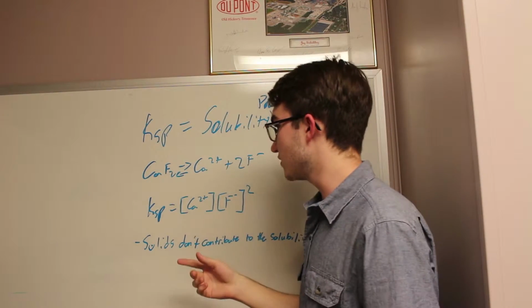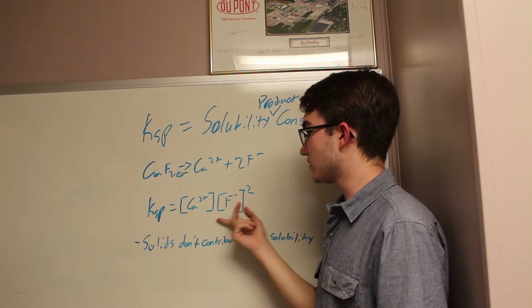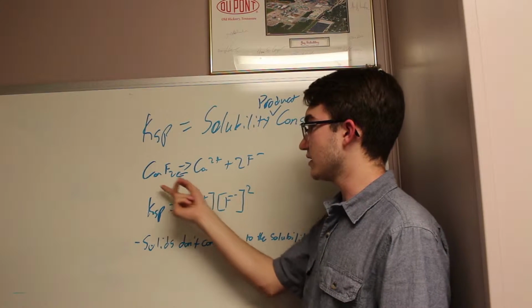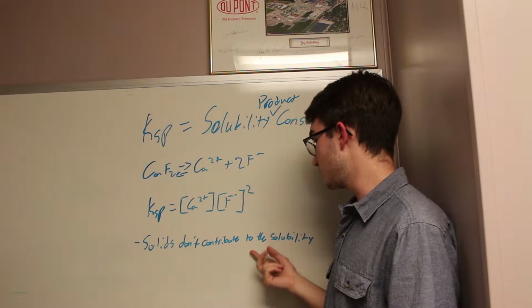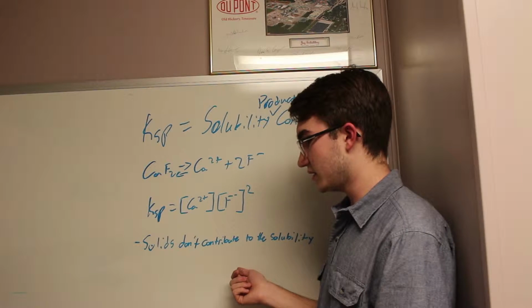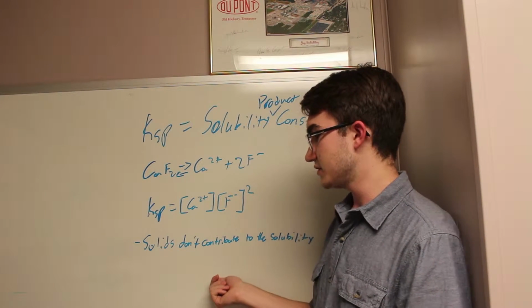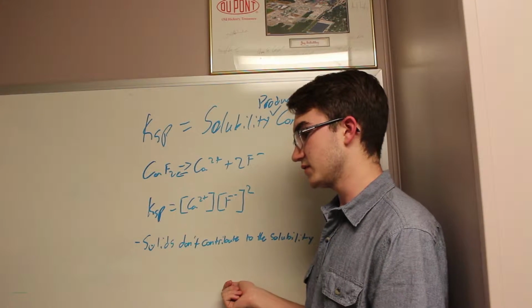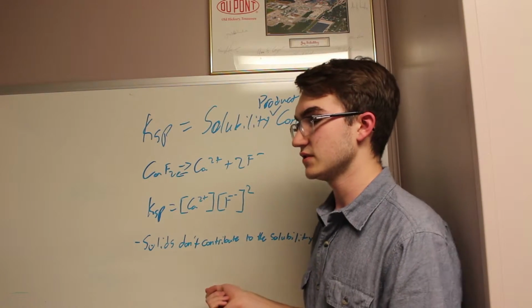So the solubility of calcium fluoride is dependent on the concentrations of calcium and fluoride, and not calcium fluoride itself, because that's a solid, and solids don't contribute to the solubility of a substance, because even though it's got an increased surface area, it forms just as quickly as it is dissolved, so even stirring or grinding it up or anything like that won't increase the solubility